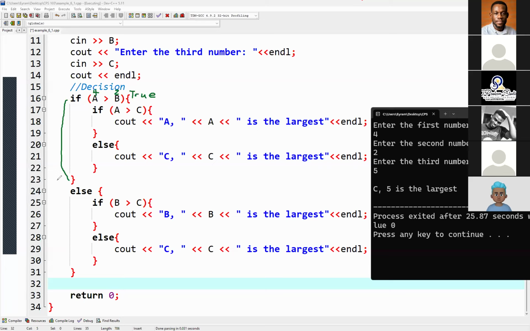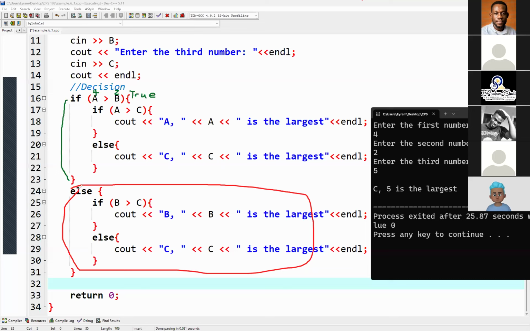So if this one is true, it means that the false part will not be executed. Okay. So if 4 is greater than 2, A is greater than B, that means A is